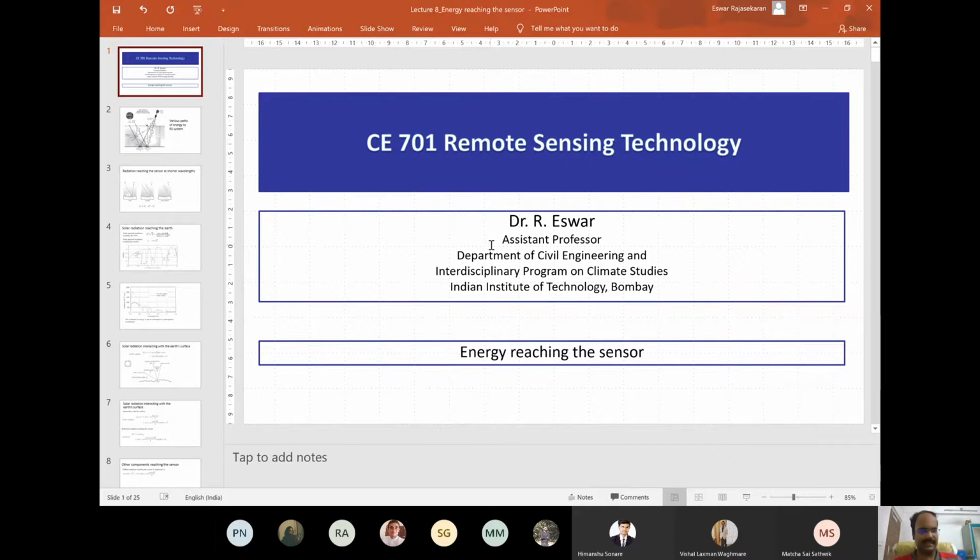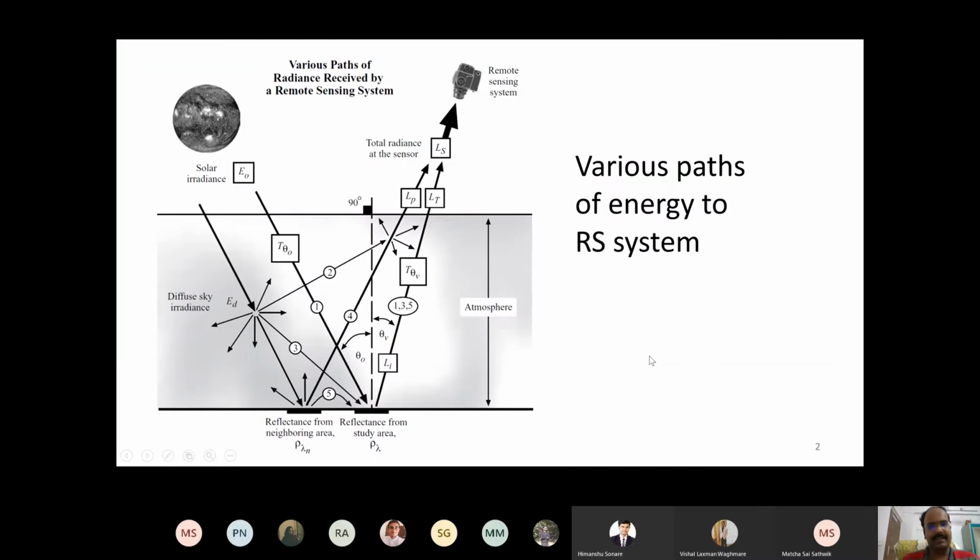reflection. As a next topic, we started what will happen to this reflected energy, because within wavelength less than 3 micrometers, all the energy that reaches a sensor is essentially the reflected energy from the Earth's surface, the reflected solar energy. We call that part the solar reflected portion of EMR. So what happens to the reflected energy? That's what we started in the last class, and we are going to continue that today.